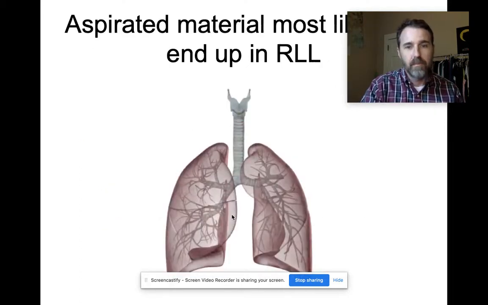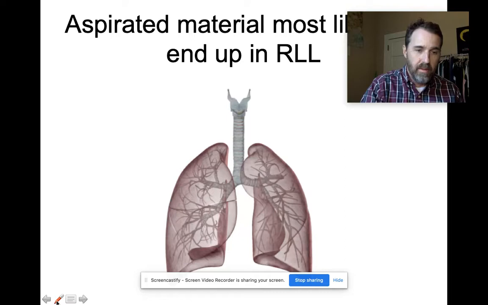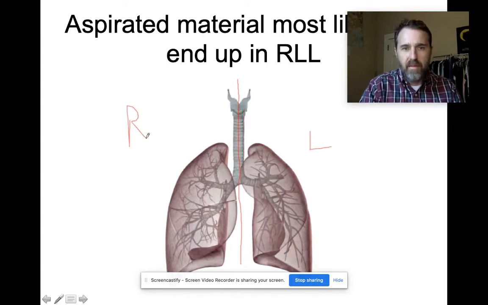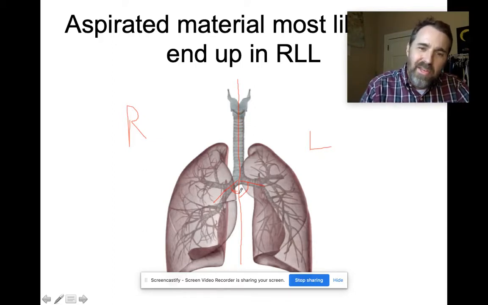If we were to draw a line straight down here through the trachea, you could see that the left lung, so this is left, this is right, the left lung branches off at a much more severe angle than the right lung. So this particular